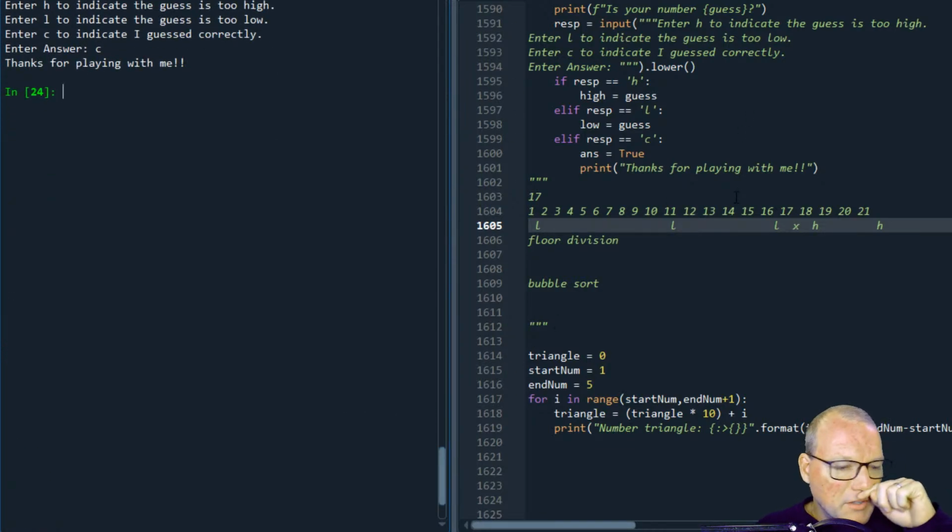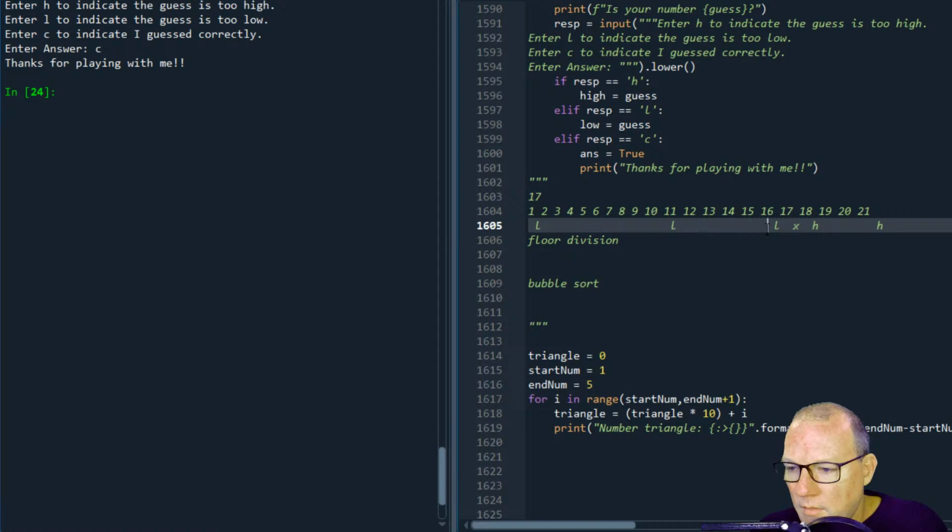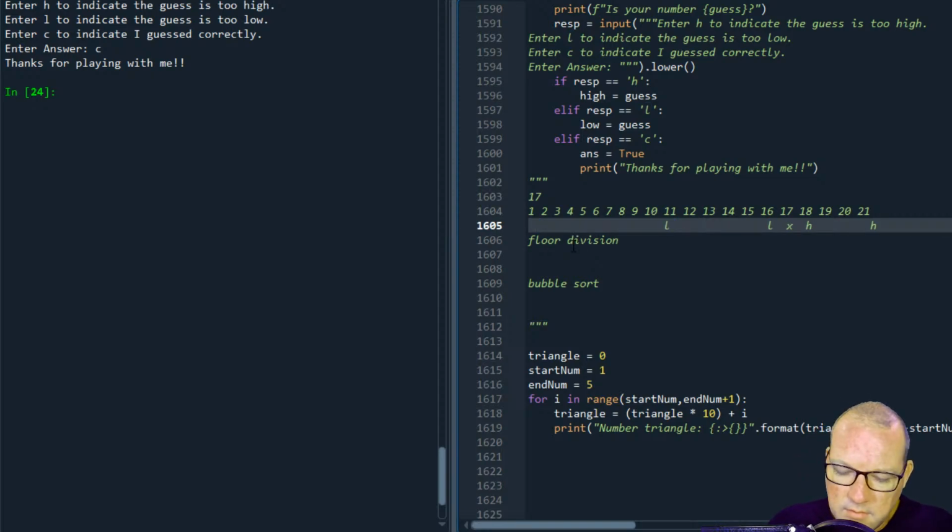So if you got conflicting data, so if we were here and our first guess is, there's our low, and then here's our high guess, our boundaries, our two endpoints, our low endpoint and our high endpoint.